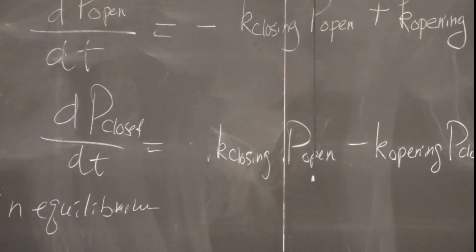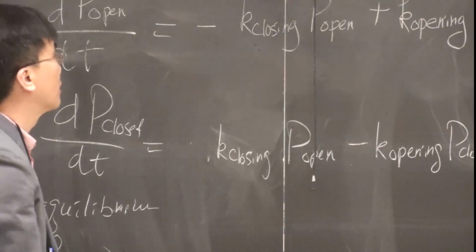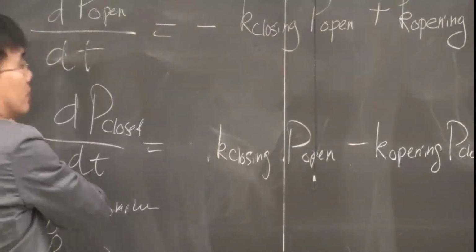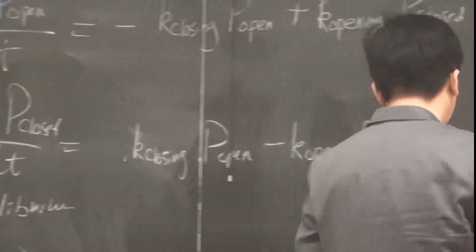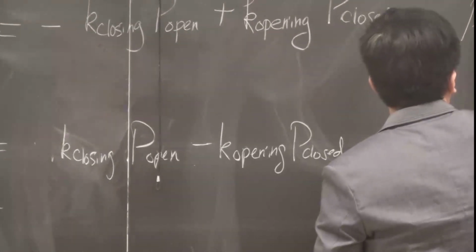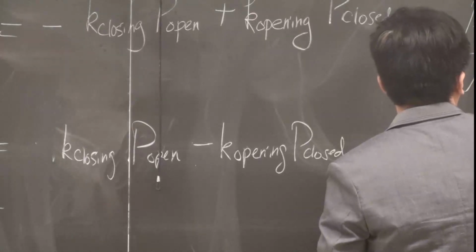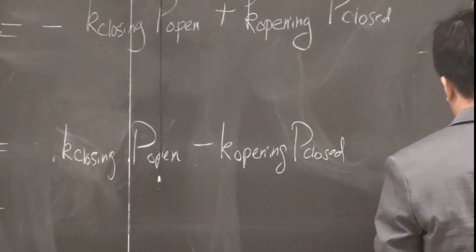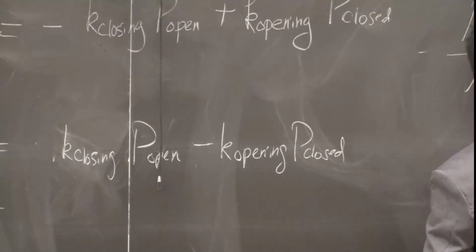In equilibrium, that means the population has already reached equilibrium. It doesn't change as a function of time. This means that these values are zeros. So this is 0. That is also 0. So then what you get is the ratio between the closed and open state is simply given by the